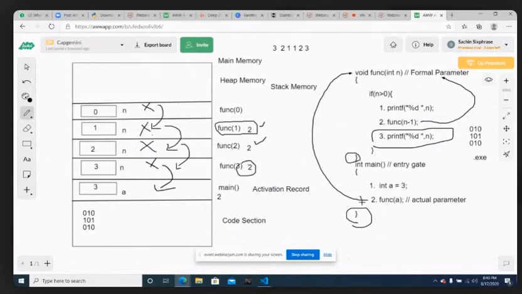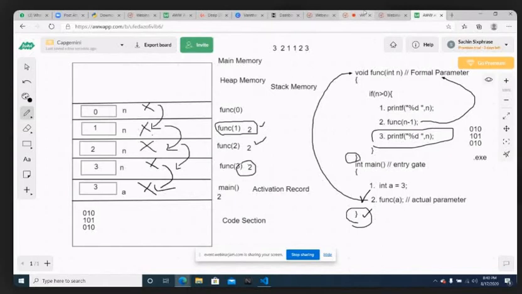In main, I think we have executed only up to this line so far. And after that line, we have only the close curly brace. Now the complete execution of the main function is also over. I delete it, and finally everything from the code section and also from the stack memory will be completely deleted, flushed. This is the complete execution from the starting point to the ending point. I have explained. So the output that is going to print is 3 2 1 1 2 3.